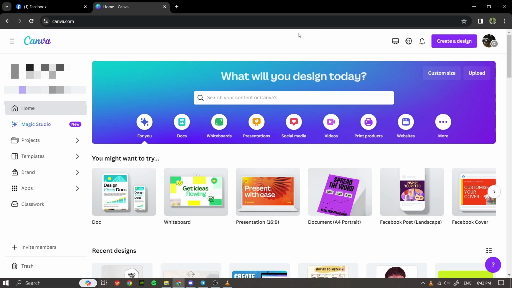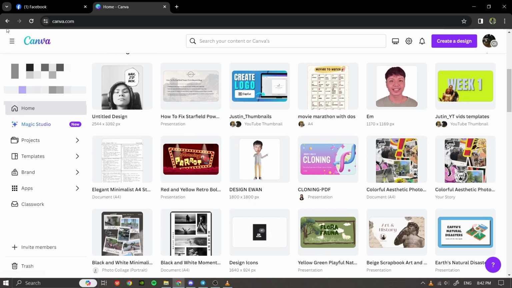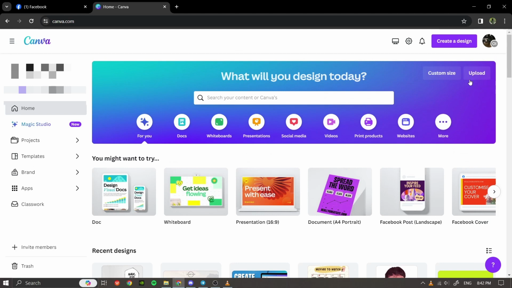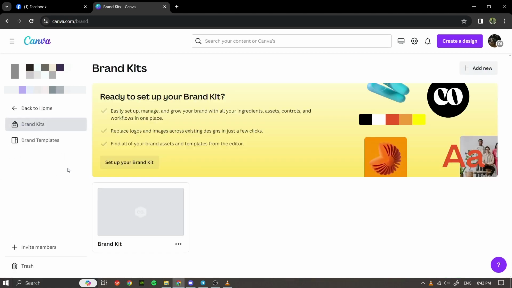First things first, visit the Canva website and go to Plans and Pricing. Then choose Canva Pro to access font upload features. After that, go to the left-hand side and click on Brand Hub, then scroll down to Fonts and click on